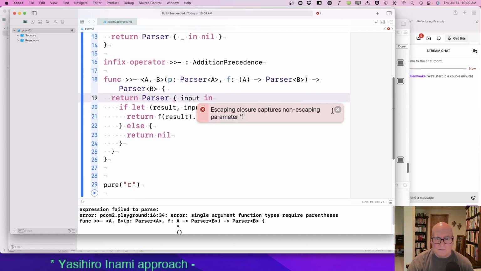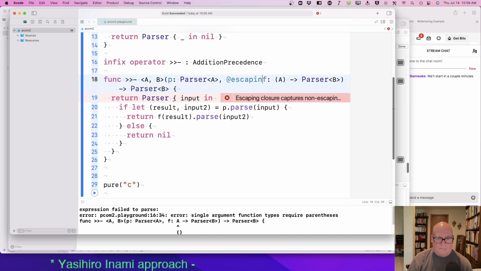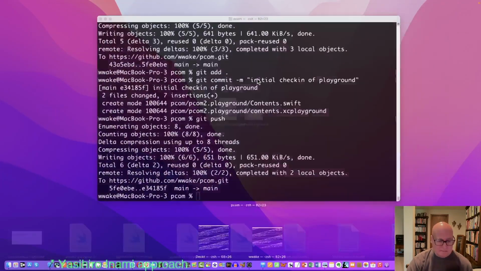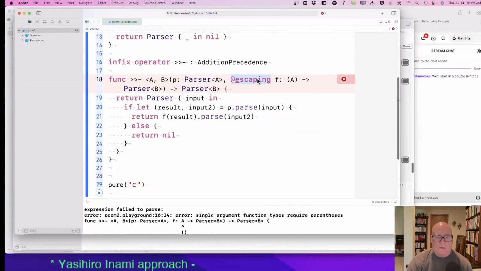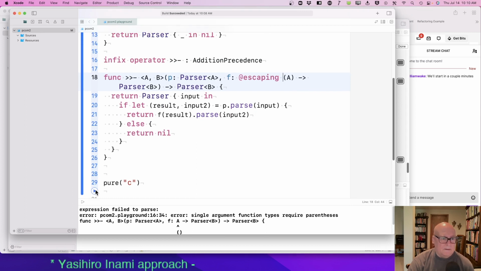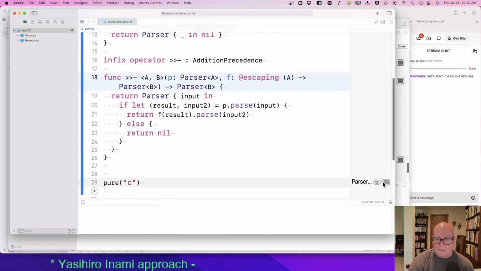Escaping closure requires. Is it here? Okay. Okay. So.